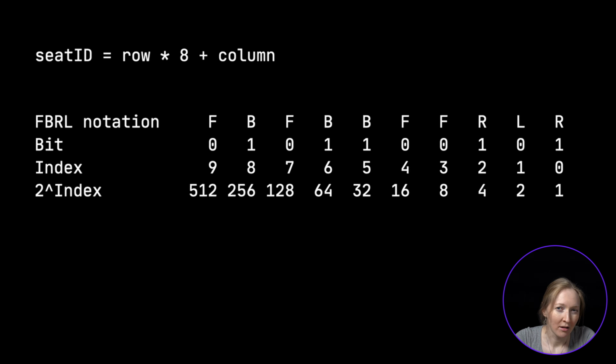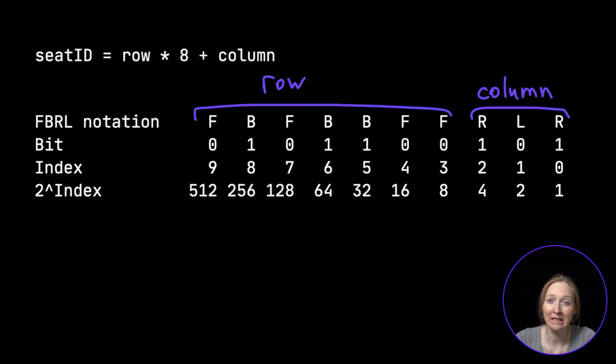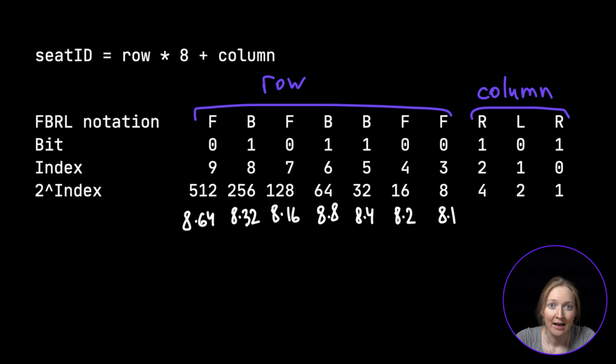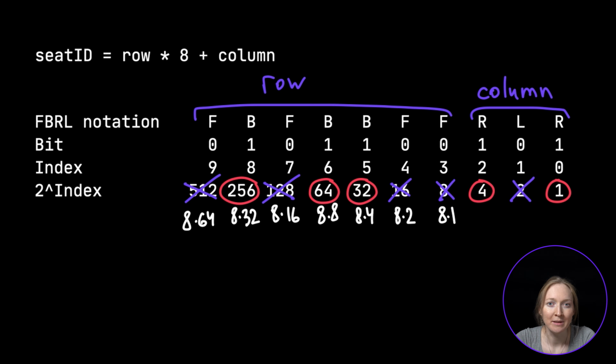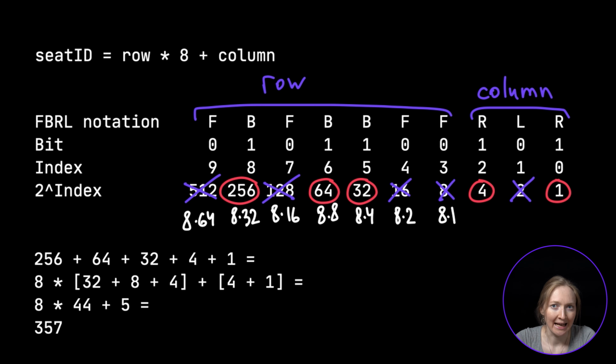But if we look closer at this formula, we'll notice that we don't need to find the row and column separately. We can simply add all the row bits with indexes increased by 3 to the result. Note that 8 is the power 3 of 2. This bit operation is formally called left shift. A little bit of math and the Kotlin solution is almost one line.